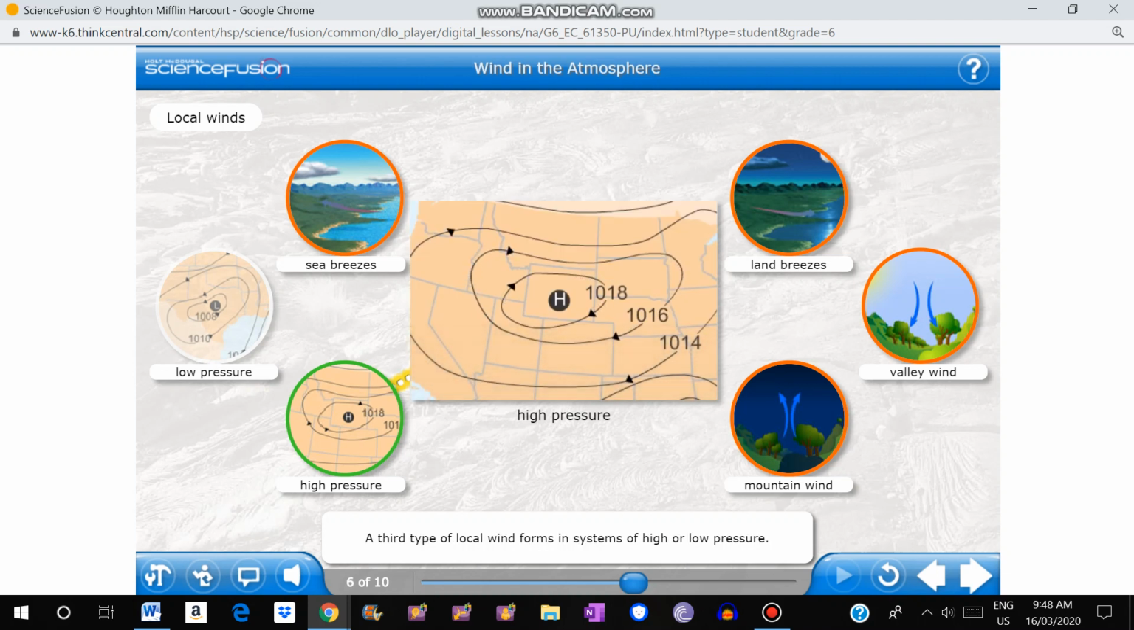A third type of local wind forms in systems of high or low pressure. In the atmosphere, air constantly moves between cooler upper regions and warmer lower regions. These up and down air movements form pressure systems. A high-pressure system, or high, forms where air is moving downward in the atmosphere. In the northern hemisphere, the air in a high